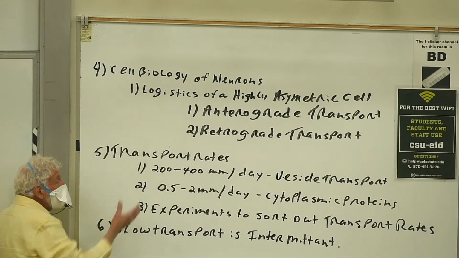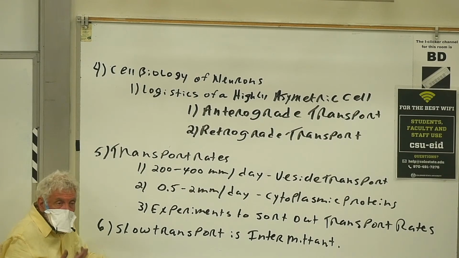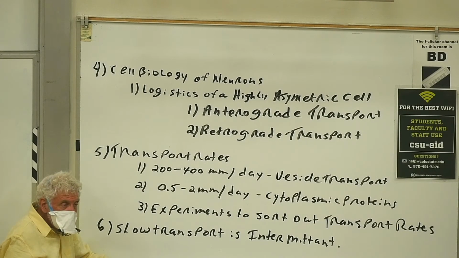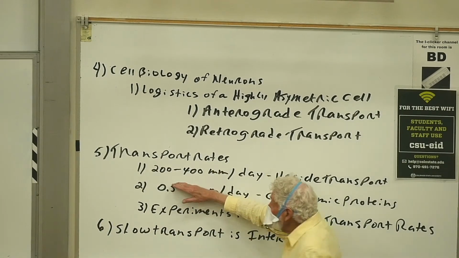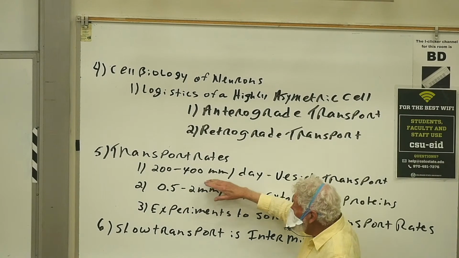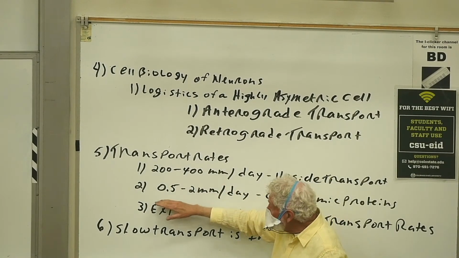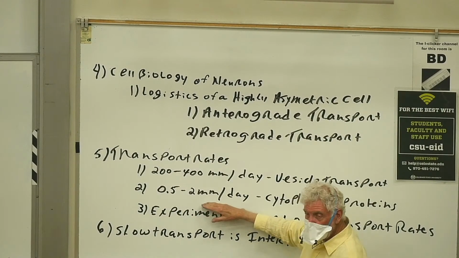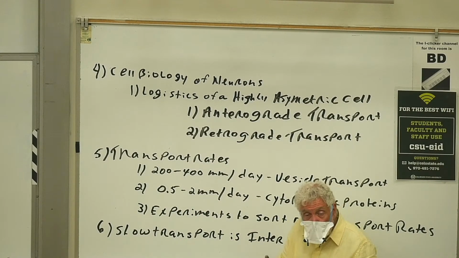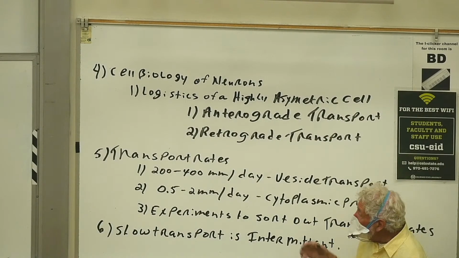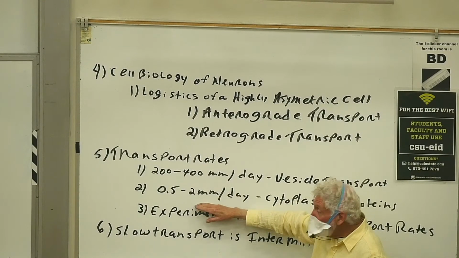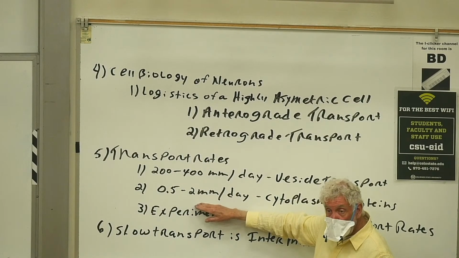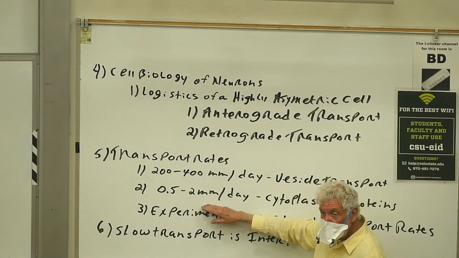Now, one of the early sets of experiments in all of this realized that the proteins that were generated in neurons moved at two distinctly different rates. One rate was proteins moving at about 200 to 400 millimeters a day. And there was another rate where they were moving at 0.5 to 2 millimeters a day. And when they drilled down and began to recognize which proteins were in which group, they found that vesicular proteins were all in the fast exoplasmic group. And the proteins that are moving in the so-called slow component at 0.5 to 2 millimeters a day,